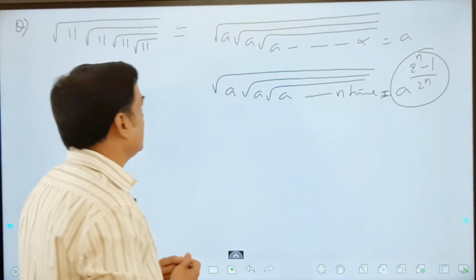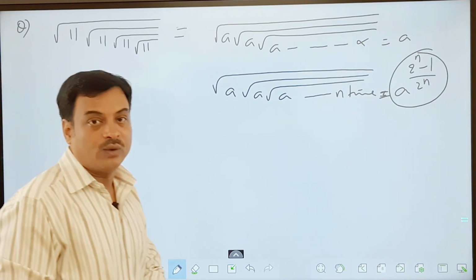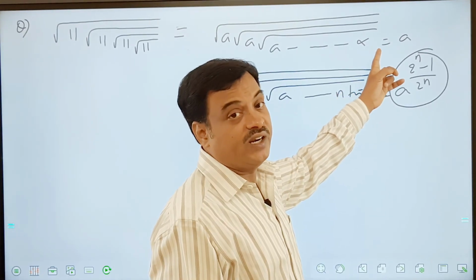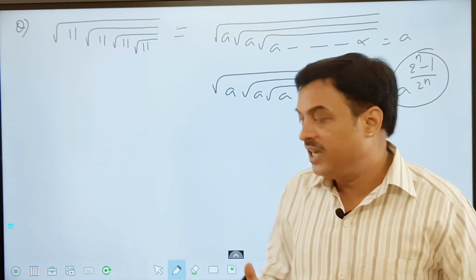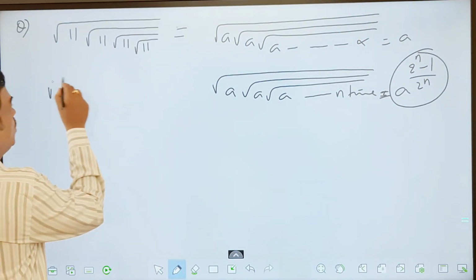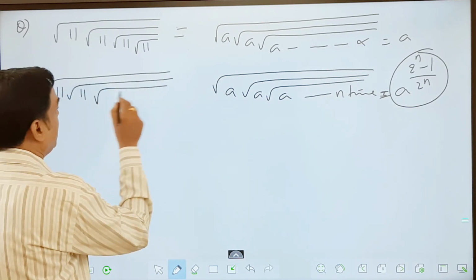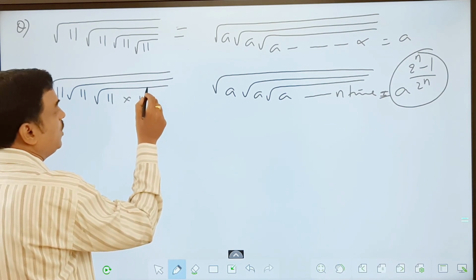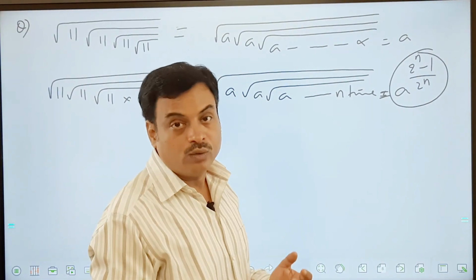So fair enough, good question in fact. Let us take a small example of root 11, root 11, root 11, root 11 for a limited number of times. The first example is for an infinite number of times, the second one is for a limited number of times, some n number of times. Now what I can write, my friend, this one, under root of 11, under root of 11, under root of 11, and this under root of 11 in power notation can be written as 11 to the power of 1 by 2. Fair enough? You all know square root means power 1 by 2.